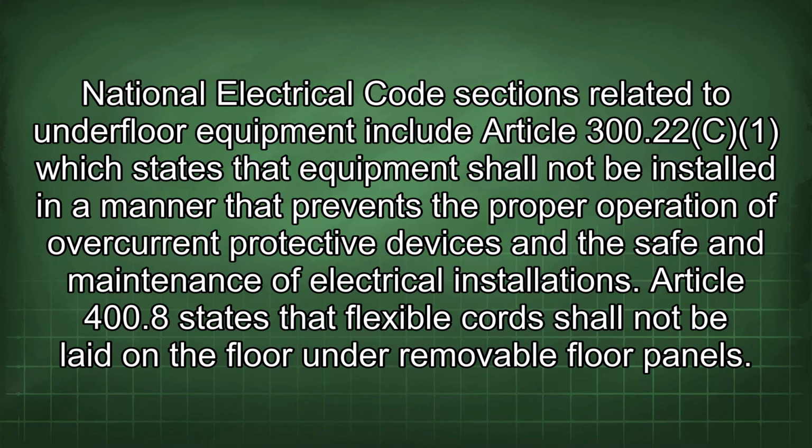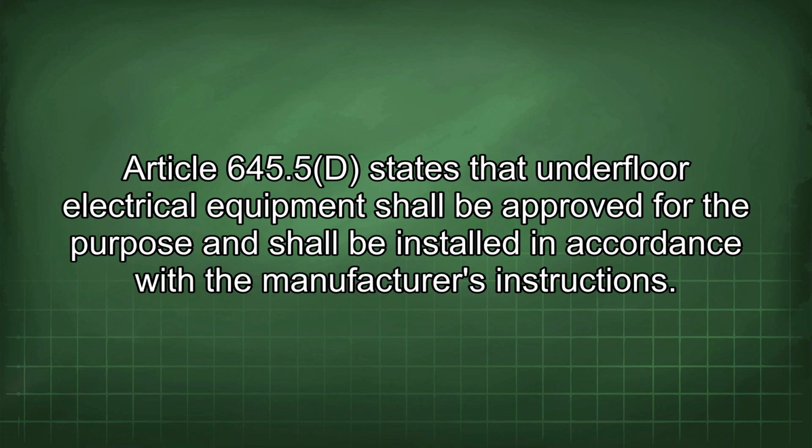National Electrical Code sections related to underfloor equipment include Article 300.22, which states that equipment shall not be installed in a manner that prevents the proper operation of overcurrent protective devices and the safe maintenance of electrical installations. Article 400.8 states that flexible cords shall not be laid on the floor under removable floor panels. Article 645.5(d) states that underfloor electrical equipment shall be approved for the purpose and shall be installed in accordance with the